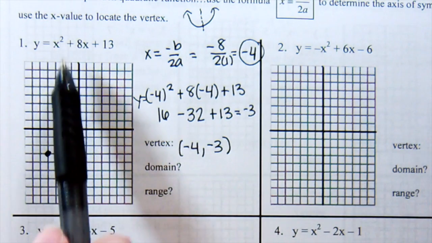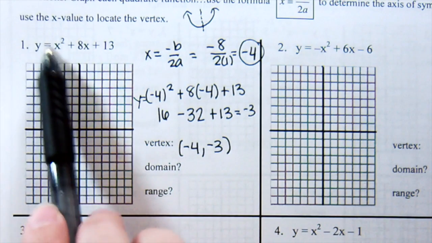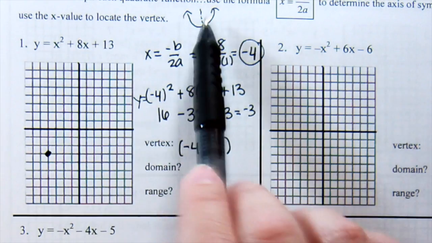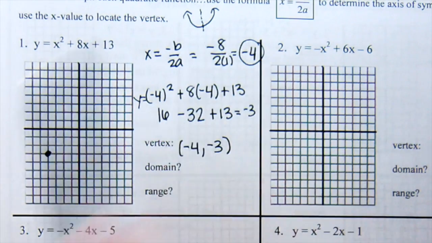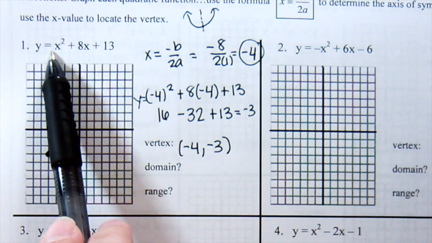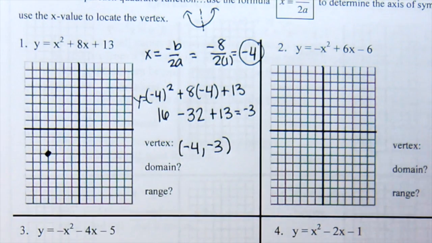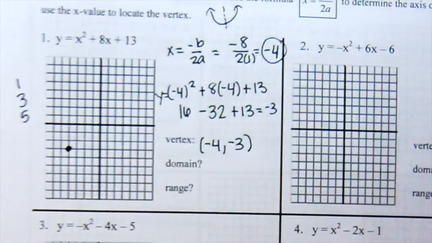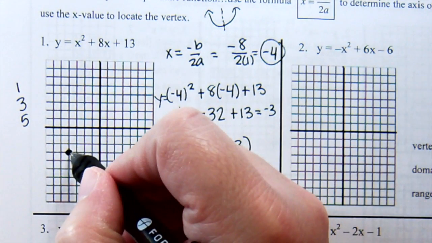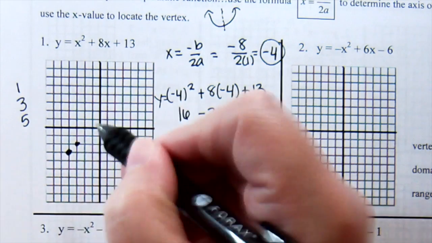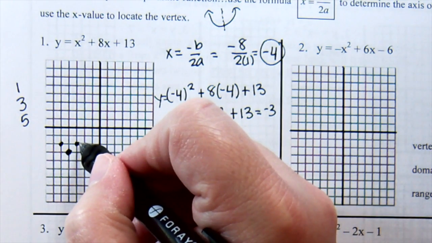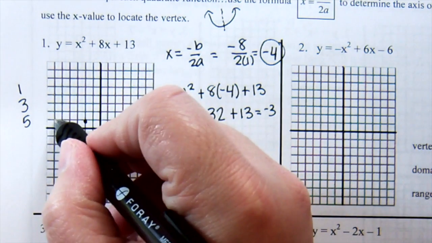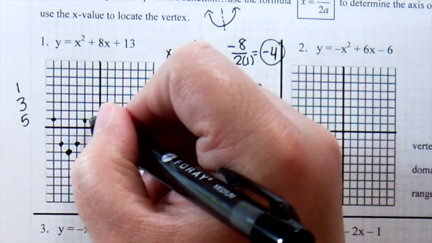Now we're going to look at this equation, and the a term is positive. Because this a term is positive, I know that the graph will open up like this. I'll also look at the coefficient. The coefficient is 1, so we follow the usual pattern, 1, 3, 5, so on, which means that I start at the vertex point, I go out 1, up 1, start at those next points, go out 1, up 3, start at those points, go out 1, up 5,